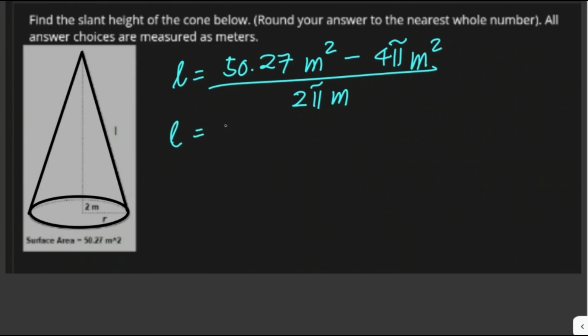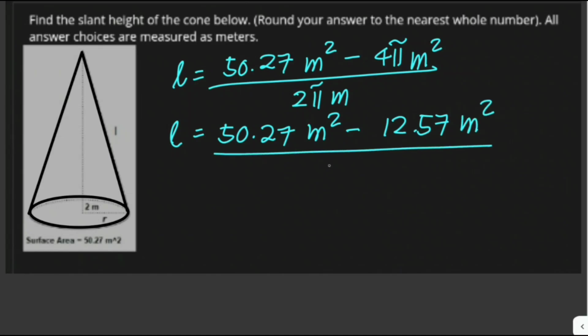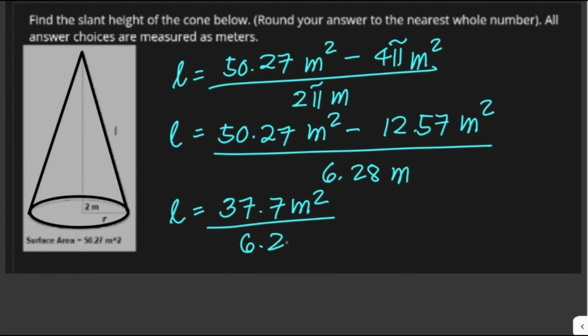This is just 50.27 square meters minus 12.57 square meters divided by 2 pi, which is 6.28 meters. This would give us 37.7 square meters divided by 6.28 meters, and the answer, it says to the nearest whole number, so